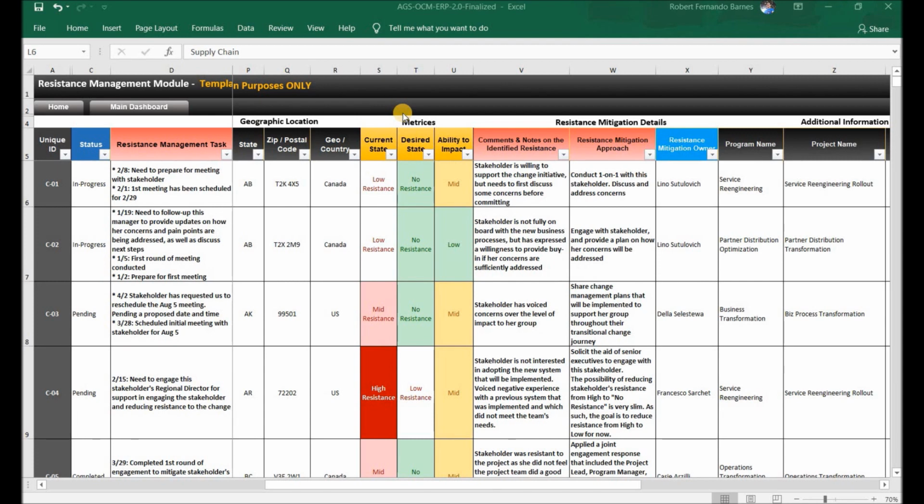In an ideal world, this would be the desired state for all stakeholders. A low resistance desired state flag can be used for a stakeholder who currently has an extremely high or mid-level resistance, for which there is little to no possibility of moving them to a no resistance desired state. A mid-resistance desired state flag can be used for a stakeholder who currently has a high level of resistance to